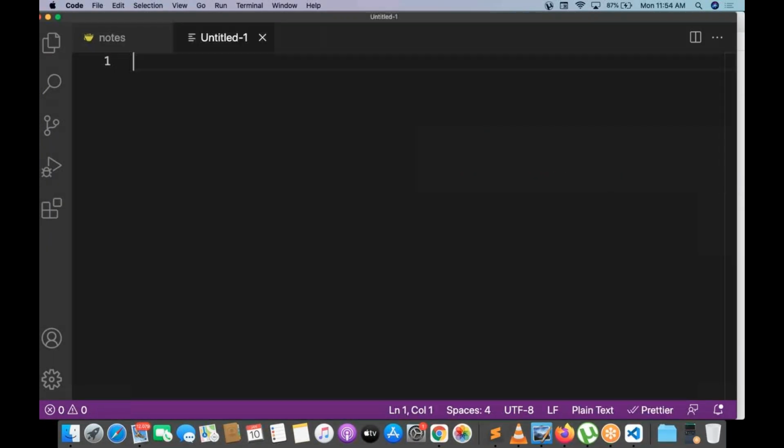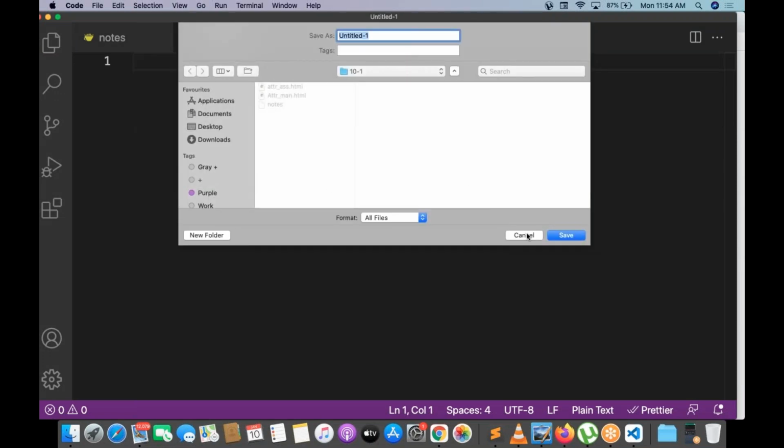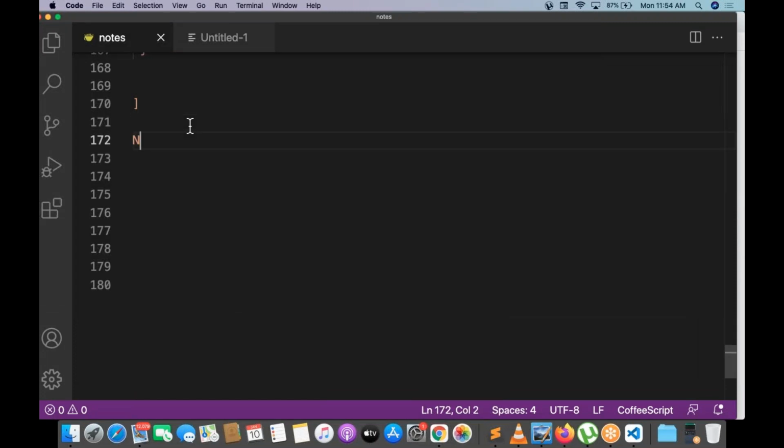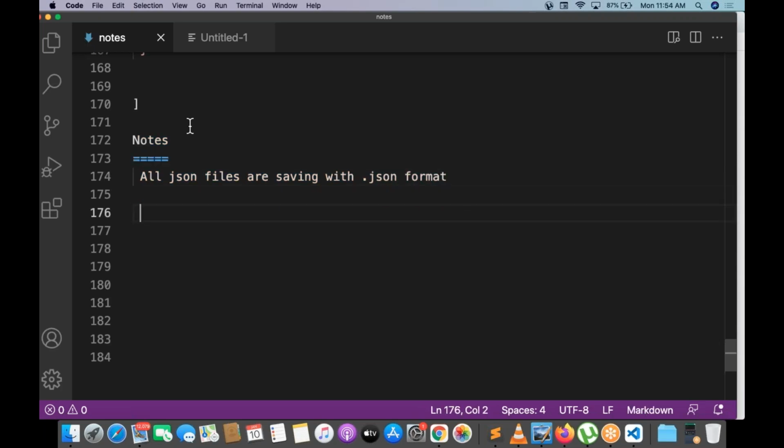Let me create a new file. One more important point you have to remember: all JSON files are saved with which format? Dot JSON format. All HTML files are saved with dot HTML. All CSS files are saved with dot CSS.